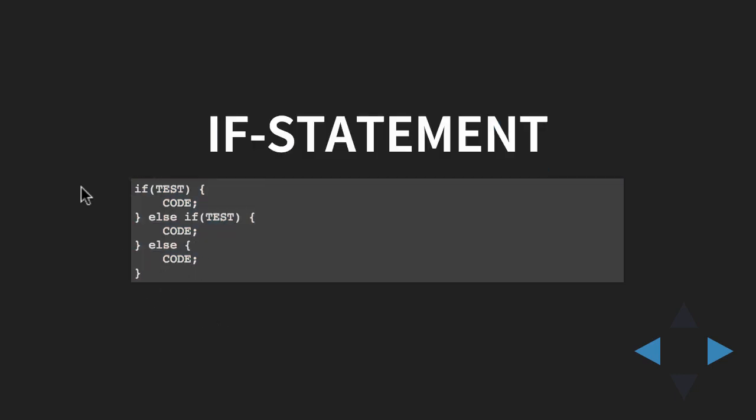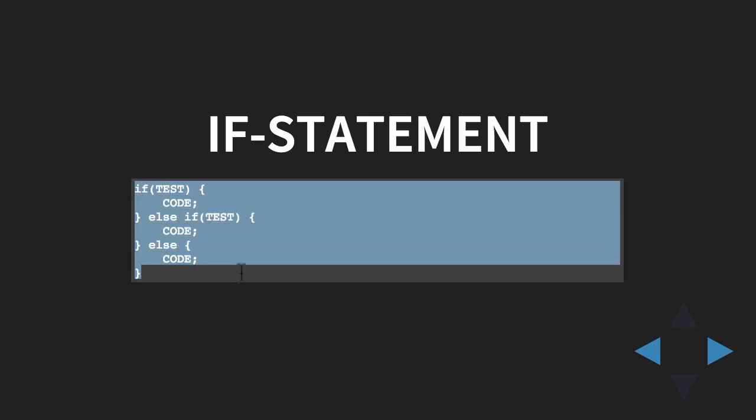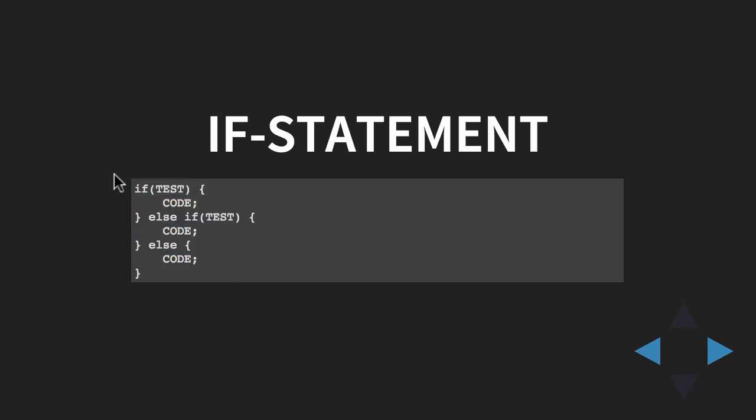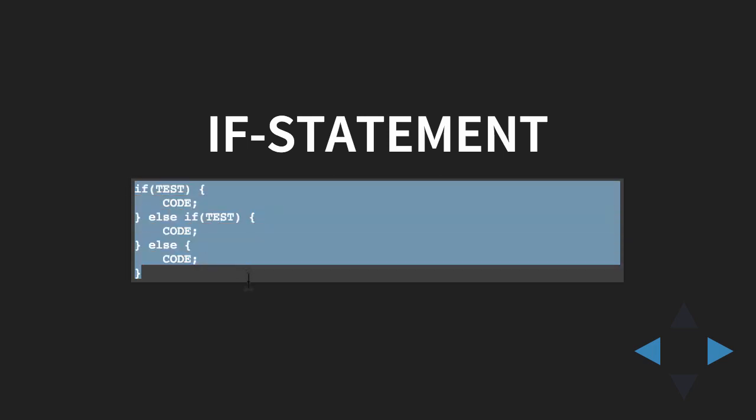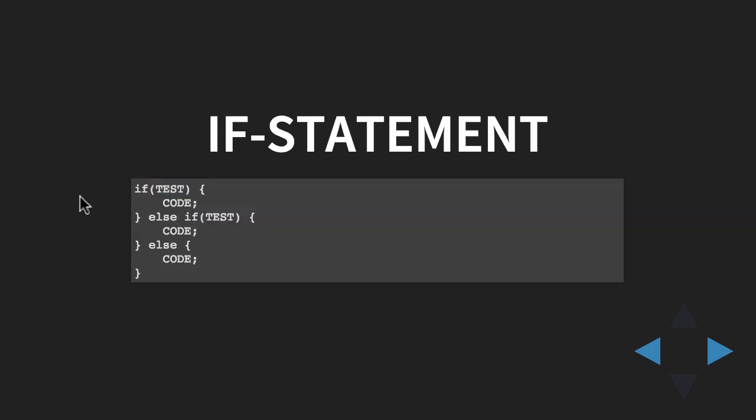So if statements. If you come from JavaScript, you already know this. This is pretty much how JavaScript, Java, any other language, they inherit from C's format. If you come from Ruby or Python, this is going to look unfamiliar. So study that. You should be able to figure it out, though. About the only thing is, in some languages, they combine the else and the if into one word, like